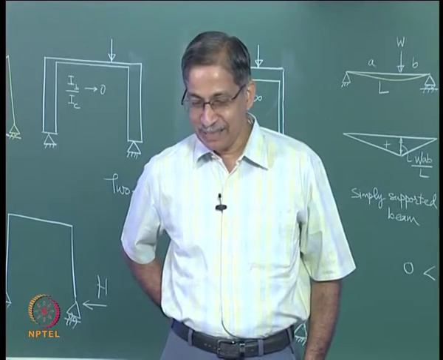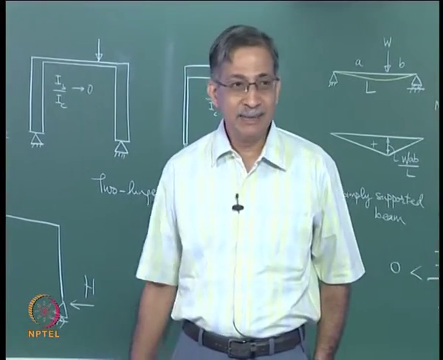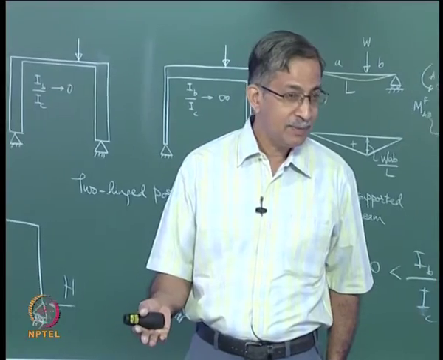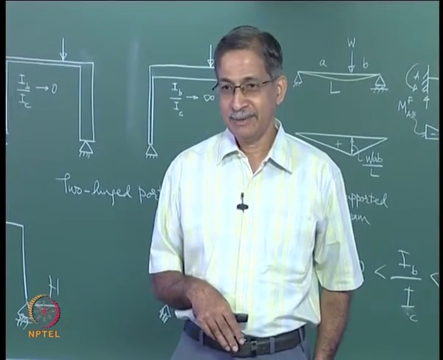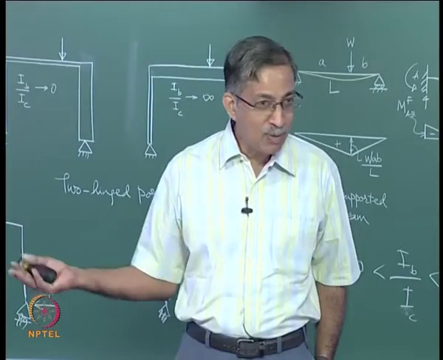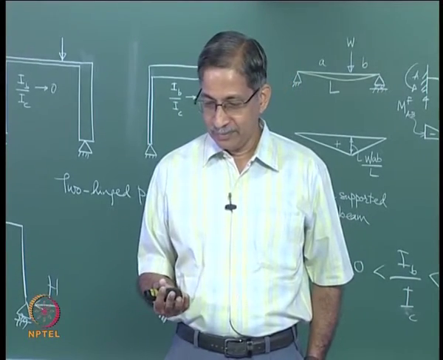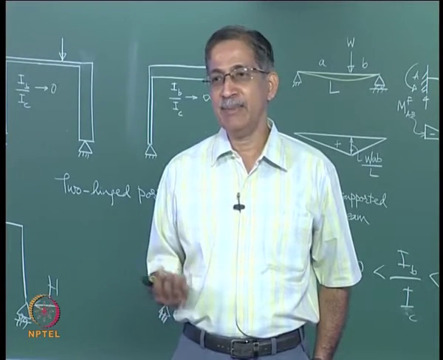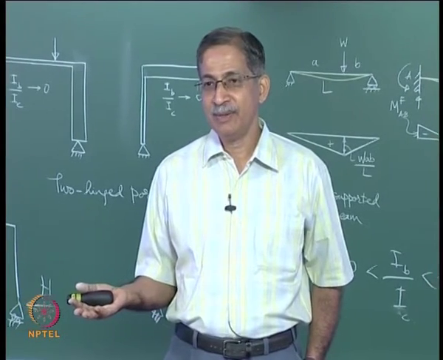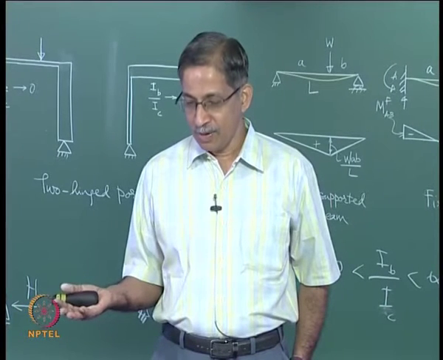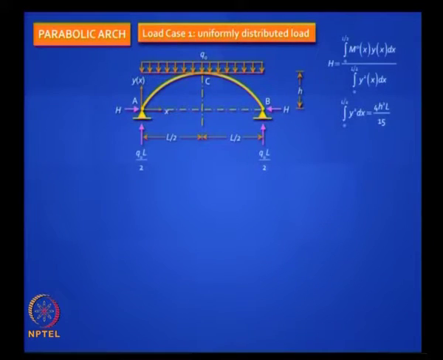5q square. There is something nice about this arch. This arch is funicular for this loading. That means there are no bending moments anywhere in the arch. What is the bending moment at midspan in a simply supported frame? Q naught L squared by 8. That will get eliminated at the crown. So you have to divide it by h. So it is Q naught L squared by 8h, you know the answer.